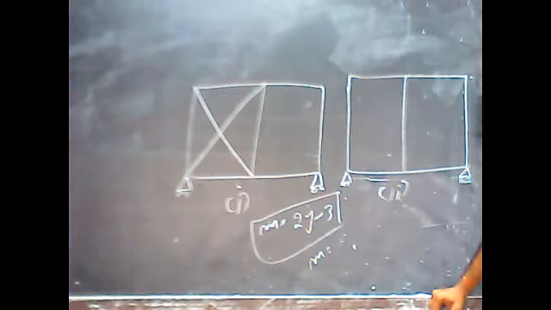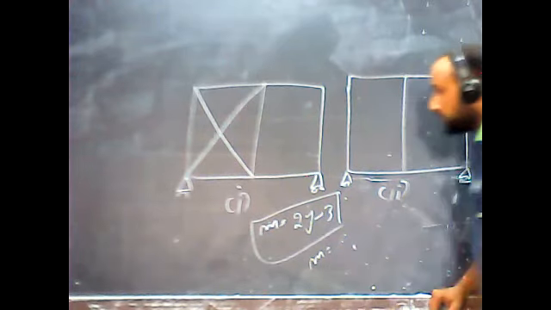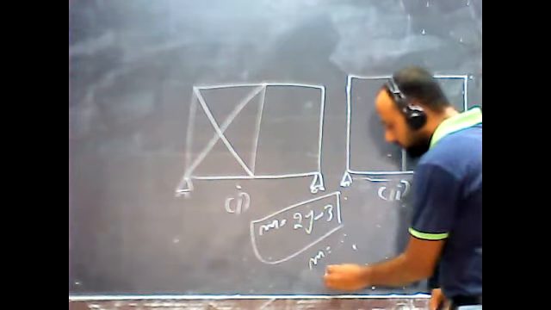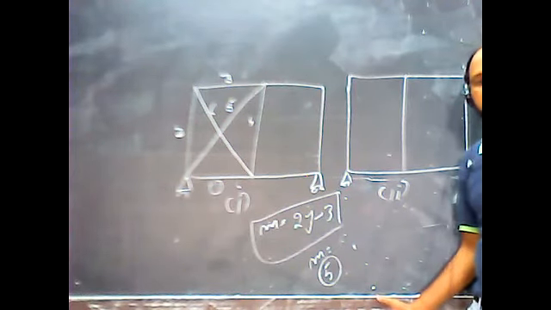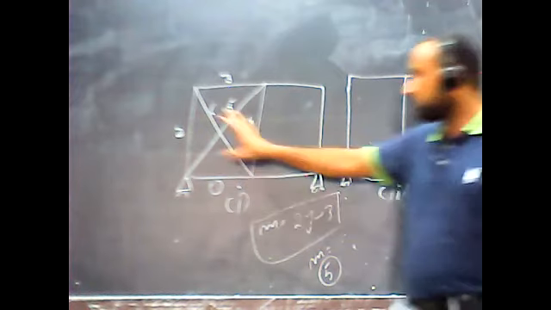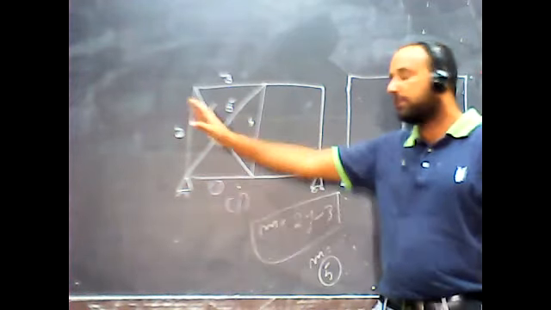Sir, overall 5 members are required. So first of all, member required is coming out to be 5. And in this problem, how many members do I have? Please count. This is number 1, 2, 3, 4, 5, and 6. Is there any other member? No, sir. We have 6 members in case of problem number 1 of left panel.